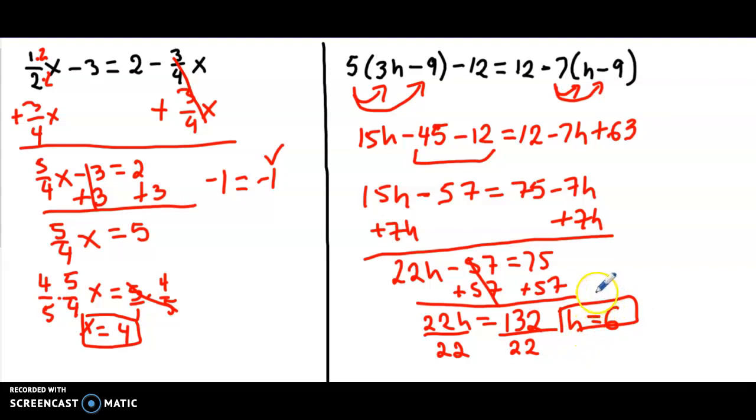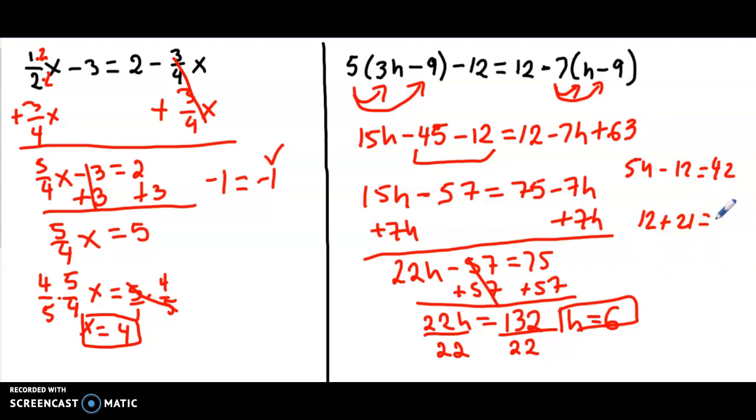Let's go back and check really quickly. If you have long equations like this, maybe you can check each side separately. So if I put 6 in the parentheses, 3 times 6 is 18. 18 minus 9 is 9. 5 times 9, 54 minus 12. So the left side gives me 54 minus 12, which is 42. Let's go to the right side. 6 minus 9 would be negative 3. Negative 7 times negative 3 would be positive 21. So I have 12 plus 21, which is